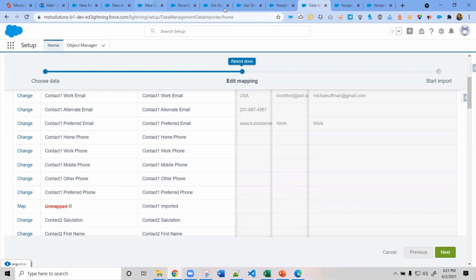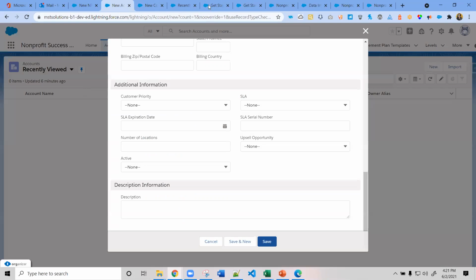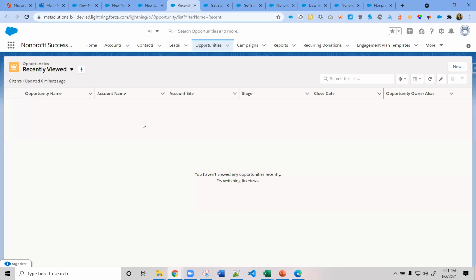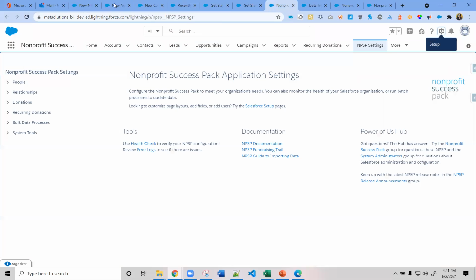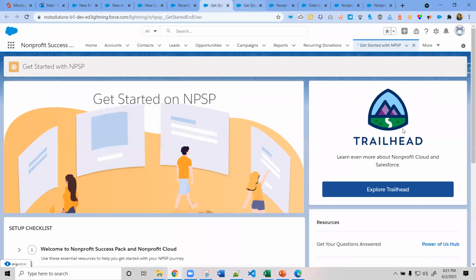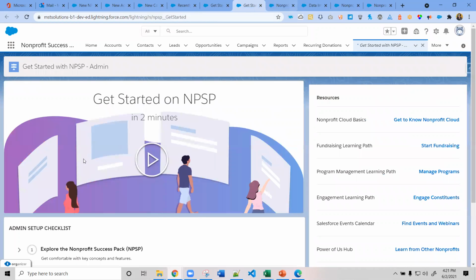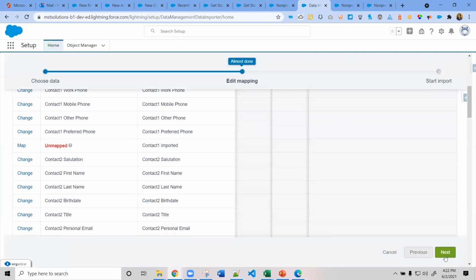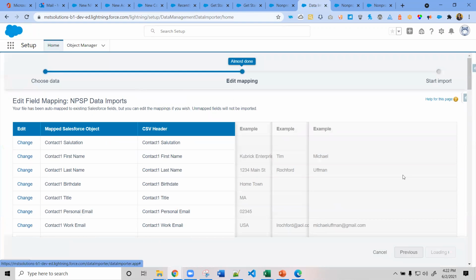What we need to do is create the new field in the NPSP data import object. Then the new field will be available in this data import wizard. Like that we can map and load the data easily. So all the fields are mapped, and by clicking the next button, we are ready to load the data.